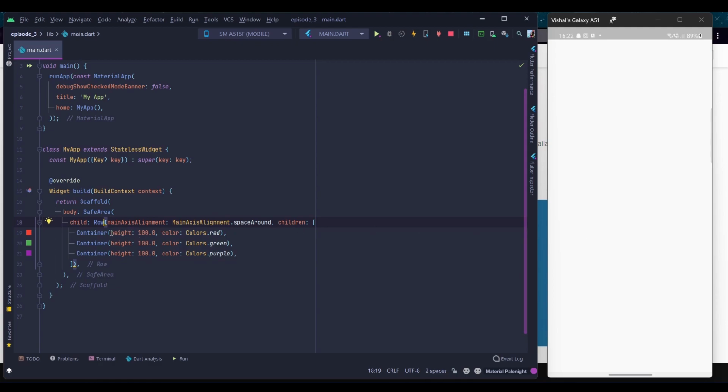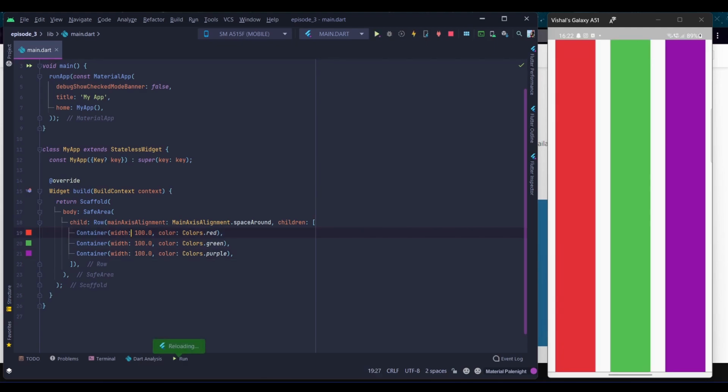So let's replace height with width. Let's have a width of 100 pixels for each of these containers and reload it. And now we can see the containers one after the other in a horizontal manner from left to right.